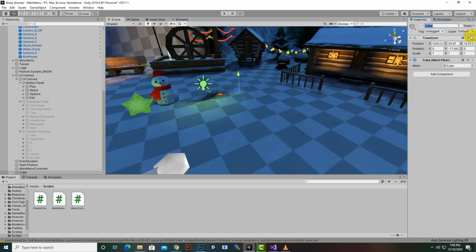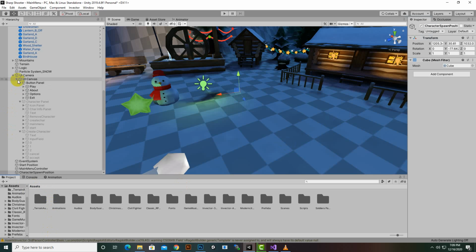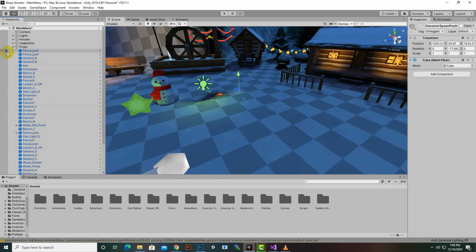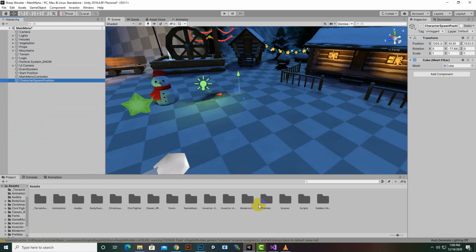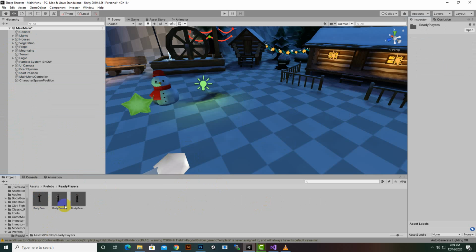so that's fine. Now we will change its name to character spawn position. We need to spawn characters at this place, and I will copy these values as well, and now we will place our character in the hierarchy, here in our scene. So we have our characters in the prefab ready players. This is player 1, so I will drag and drop it in the scene. It's taking some time, so let's wait for a few seconds,